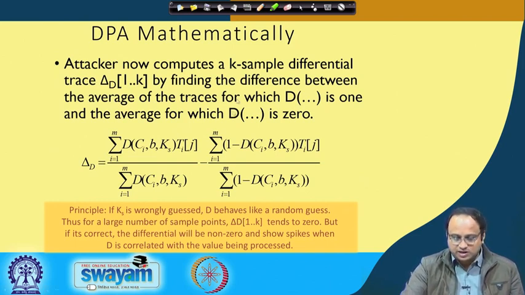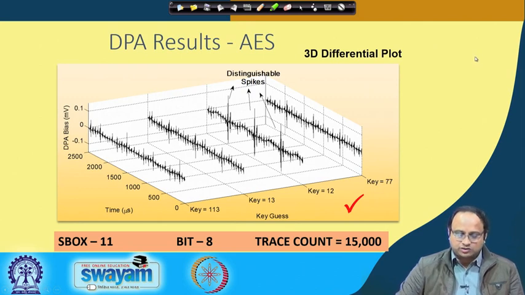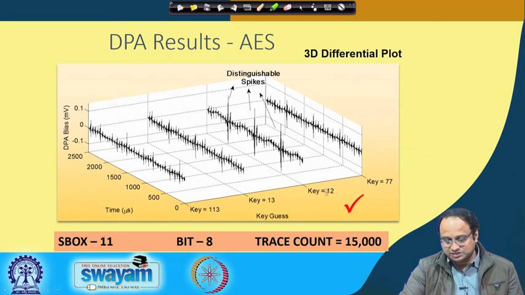So it is very interesting that you can do such an attack, and more important is that the attack works in real life. Here are some examples of actual power traces accumulated on AES. We know the correct key byte that we are targeting, say the 11th S box, and as I said, you can target any of the bits. In this case we have targeted, say, the 8th bit. With something like 15,000 power traces, you can see that the correct key shows up differential spikes. Since these distinguishable spikes are not prevalent in the other key bytes, this implies that this is the correct key byte.